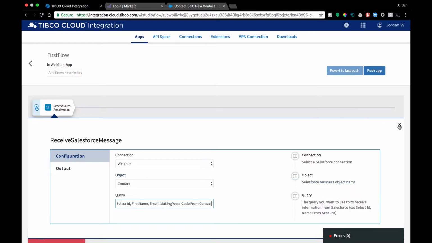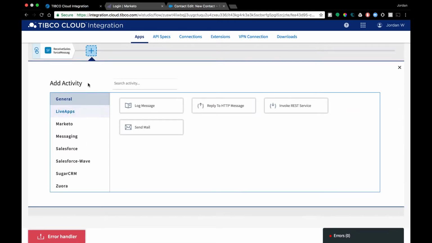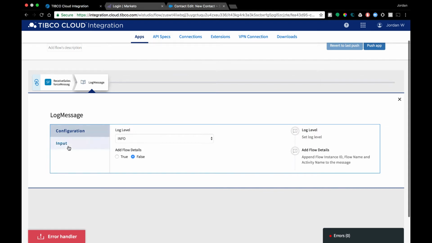After that, we're done with building our first activity within the app, and you can see that live connection there. As you can see, it's very easy to build new activities. I have many different types of apps I can be connected to and worked with. For this particular one, all we're going to need is a general activity. First thing we're going to do is enter a log message, and this is merely to prove that we've actually pulled data from Salesforce, so it's a self-check for our developers.